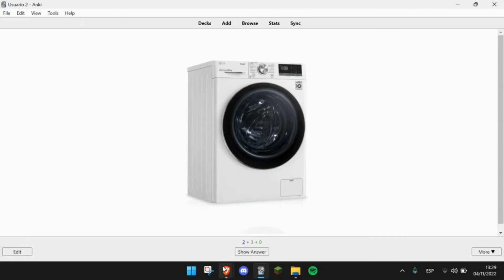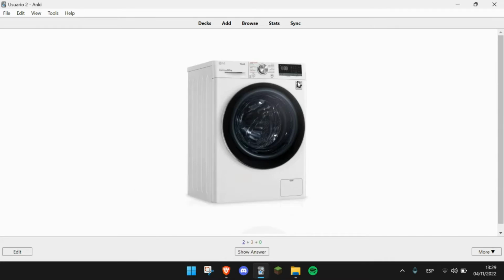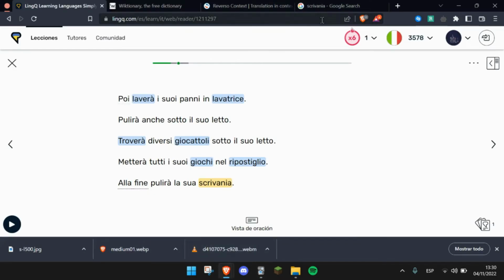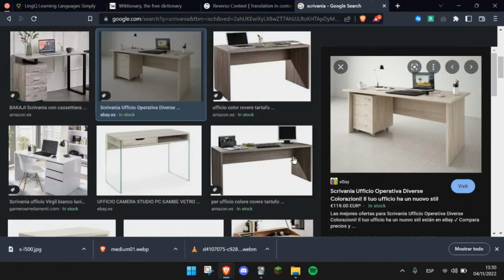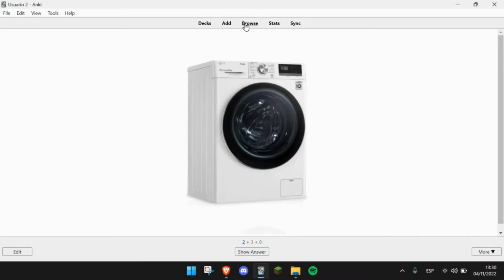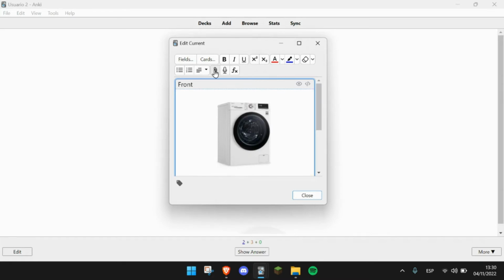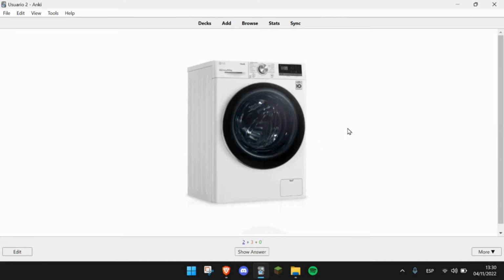If they are things like objects or physical things, physical places, then it's very useful. If it's something abstract, then it may be harder to represent with an image. So in those cases, just write the word. You just go here, for example, and you select any pic. You go here again, you attach the picture, and that's all.